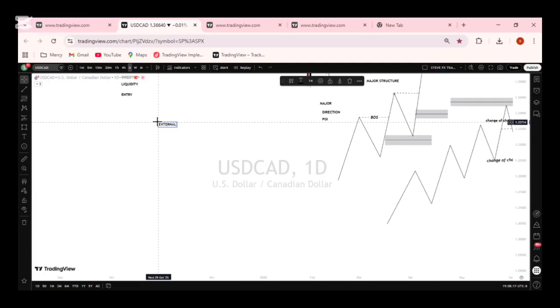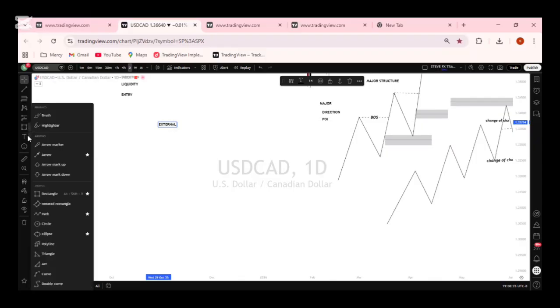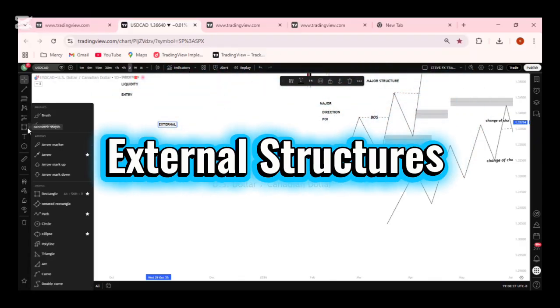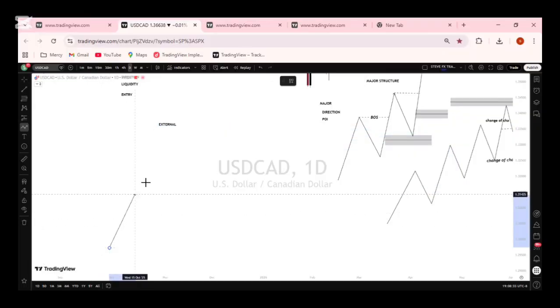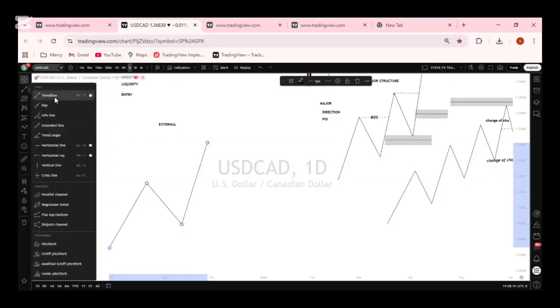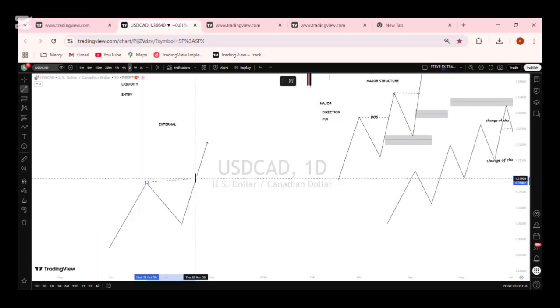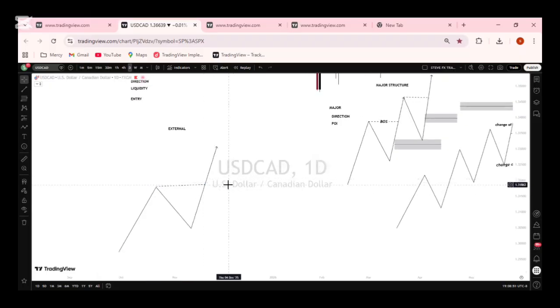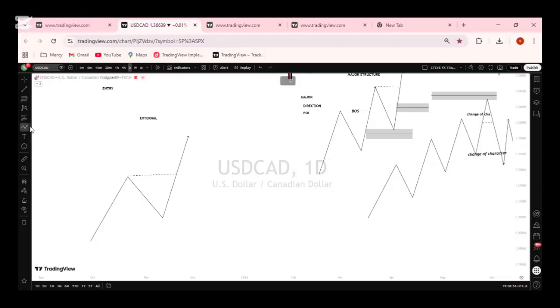When we have a major structure like this that the market has broken, before the market will continue in its direction, it needs to react from